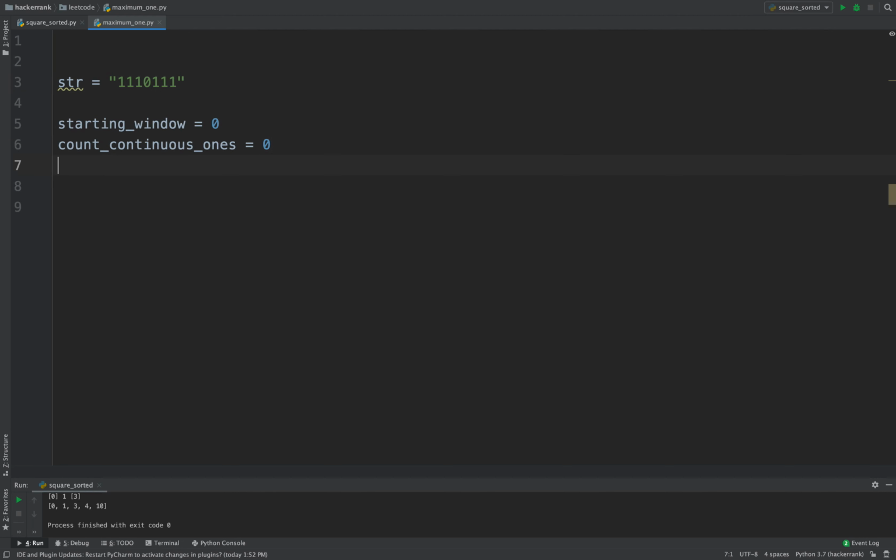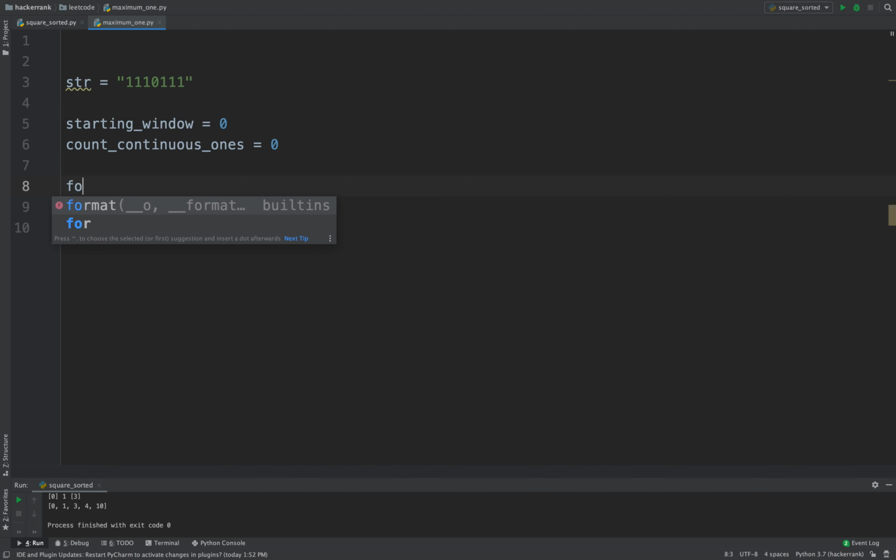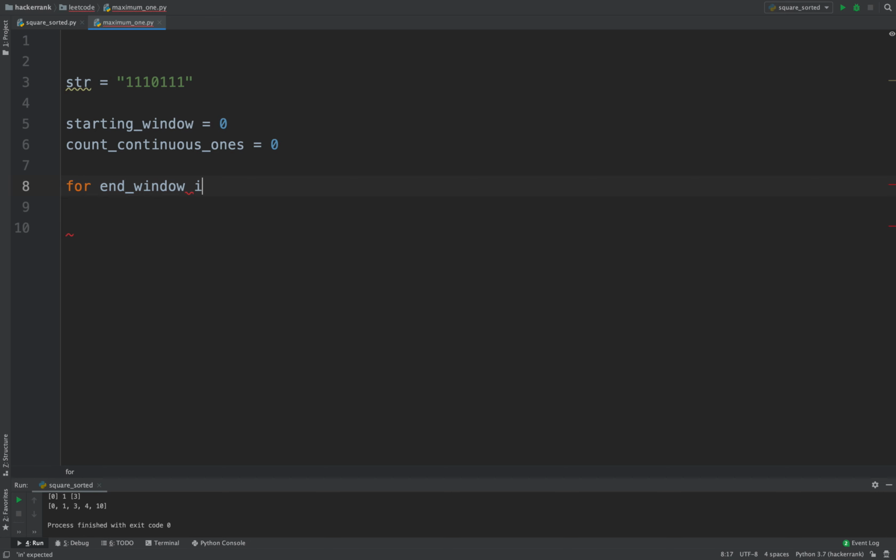That is why we have this, and our end window would iterate from 0 to the end of the string. So in our for loop, our end window would be, make it a string.